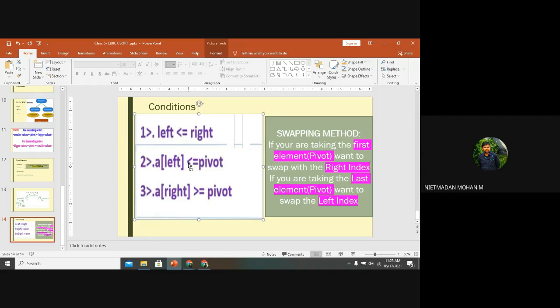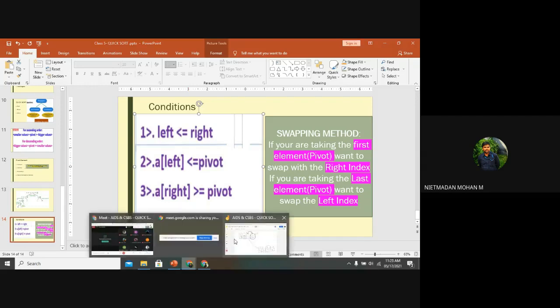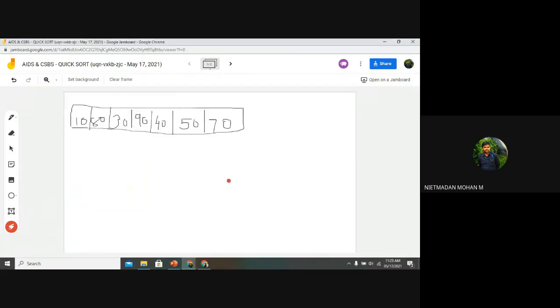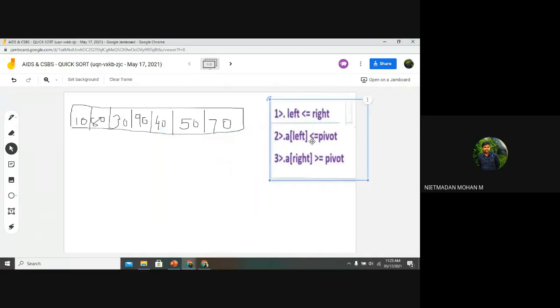You just want to remember these 3 conditions. I will paste them here, then I will explain this code, then you will be able to understand.